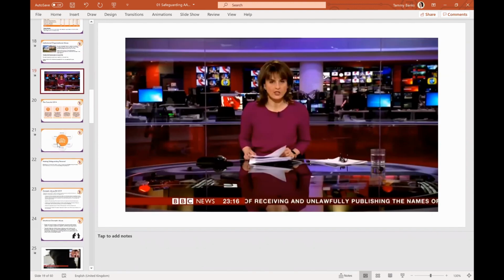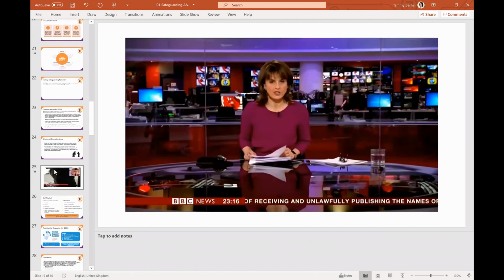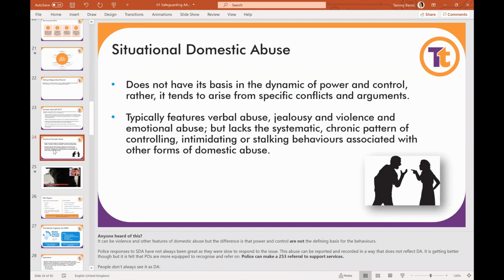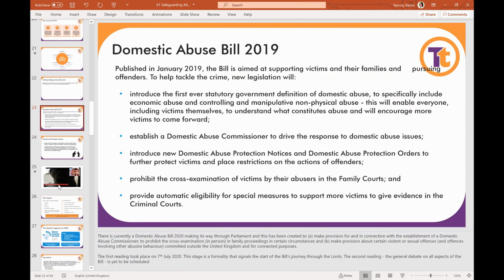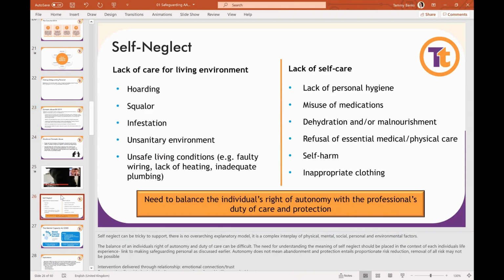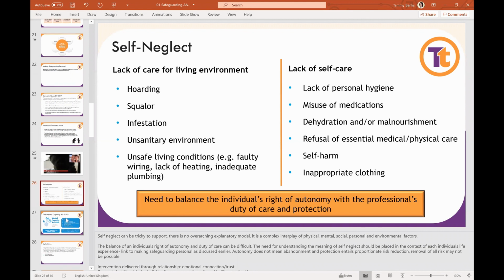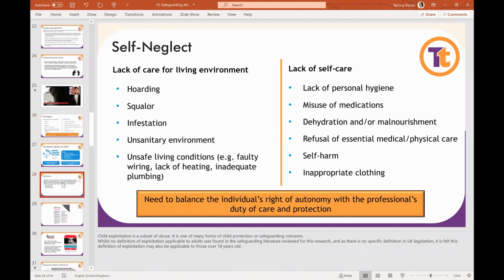So you'll do the Domestic Abuse Bill. I think there has to be something on COVID as well. What are we seeing? You can do a slide or two: what we're seeing through COVID. It's too early to make assumptions. These are the themes, these are the best guesses moving forward. Here's some of the legislation change, that type of thing as well.